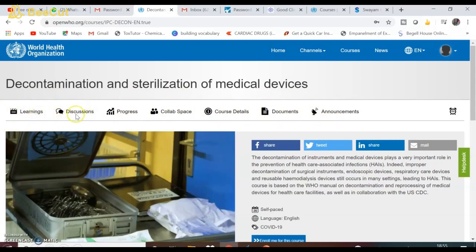There will be a separate discussion section, and a progress tab for your pace. I mean, it's a self-paced course. You can adjust it if you want to. You can say study half of it right now, half tomorrow, so that way you can check how much progress you have on that particular course. So this is a progress tab. Once it reaches 100%, you will be eligible to get the certificate.